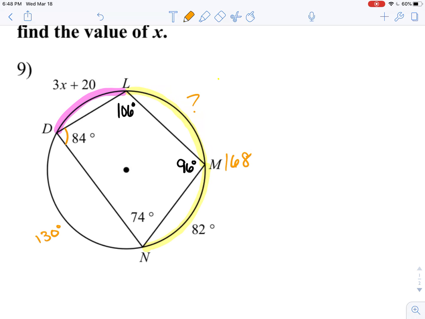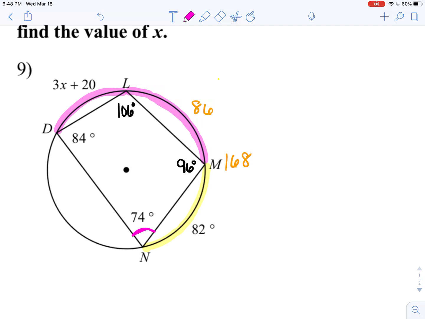So how do I find this missing piece? I can take 168 and subtract 82 to get 86. And the reason why we didn't go this direction in the first place, and it will get you the same answer, it's just a little bit more work is all. Because now I've got this pink arc. So if we had gone this direction, I wouldn't know that's 130 right now. So now I've got this pink arc,